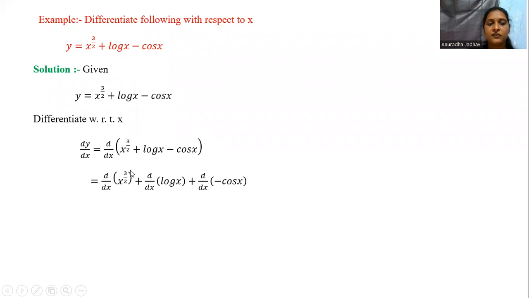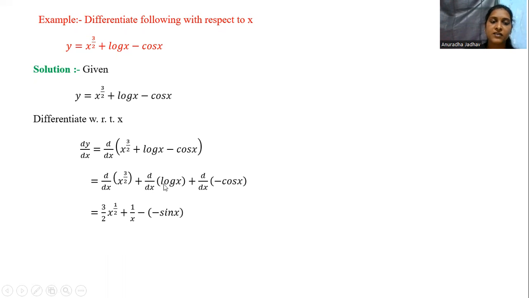Firstly, we find the derivative of x raised to 3/2. In our first lecture, we saw some standard functions and the derivatives of those standard functions. Use this formula. How to find this derivative of x raised to 3/2? Here use the formula: derivative of x raised to n is equal to n into x raised to n minus 1. Therefore, its derivative of x raised to 3/2 is 3/2 into x raised to 3/2 minus 1, that is x raised to 1/2, plus